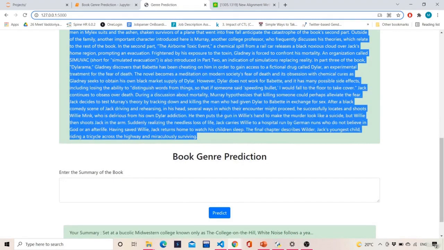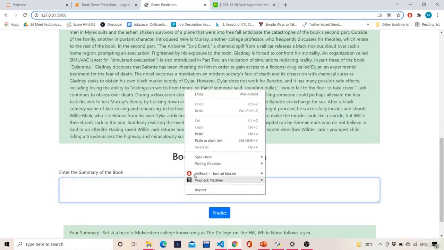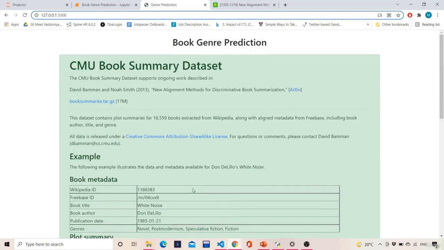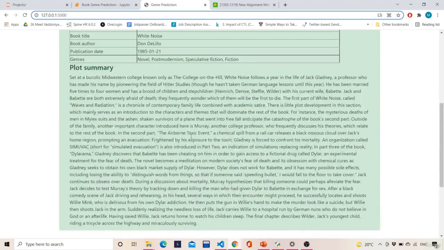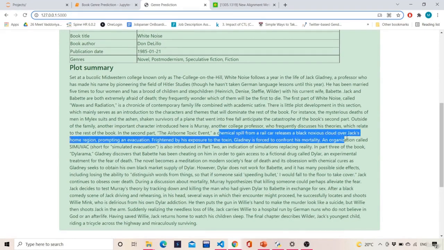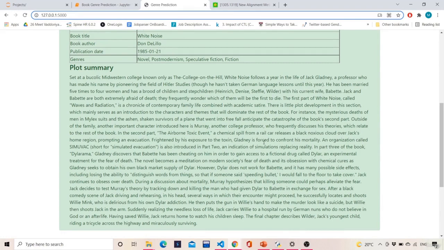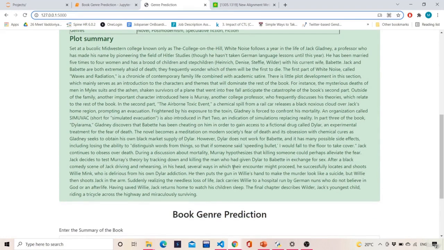Now let's copy the complete text, paste it over here and hit predict once. So yeah, now you can see it is thriller. Why it classified as thriller is right: this airborne toxic event is a chemical spill from a rail release, and then at the end there is a tricycle across the highway and miraculously surviving.